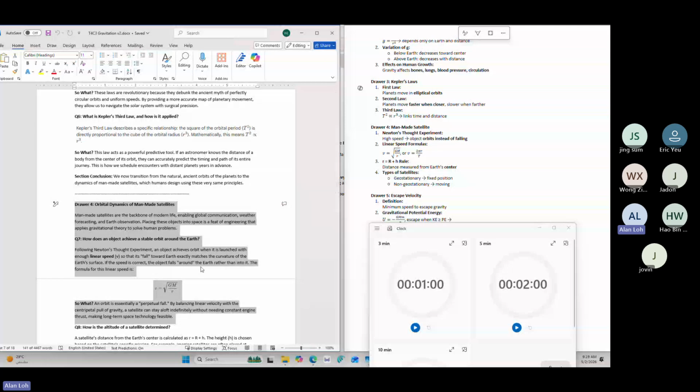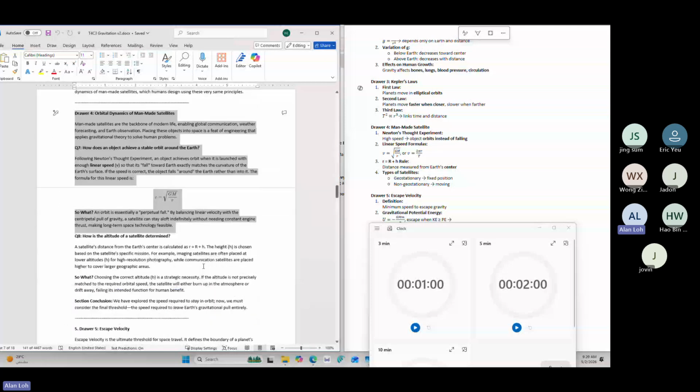But what if you are a Superman that you throw even so fast, faster than the centripetal force of the earth can capture you to be falling around the earth? And that is drawer number 5, the next one. Escape velocity. That is the minimum speed that you need to maintain in order for you to be always falling around the earth. So satellite is always falling around the earth. But if it's faster than the escape velocity, then you are not falling around the earth. You are flying away to the universe, to the galaxy. Right?